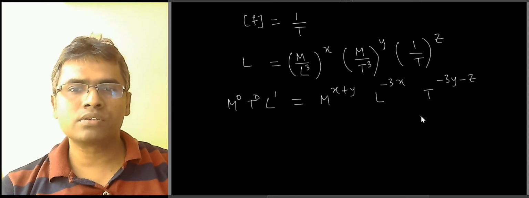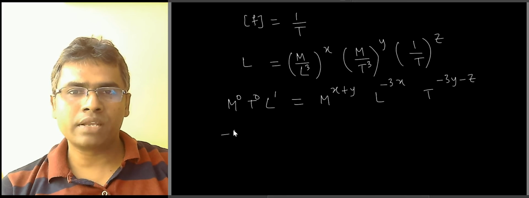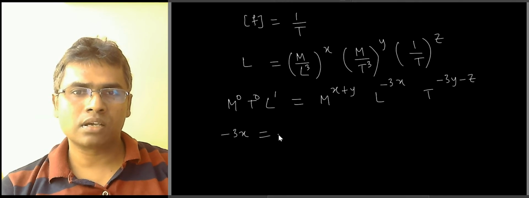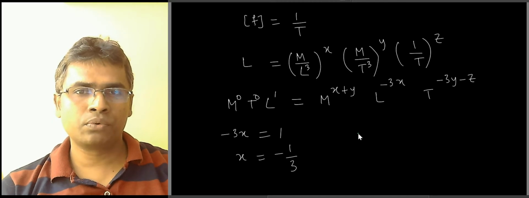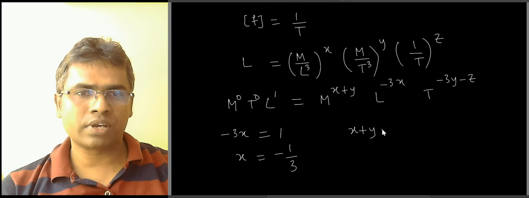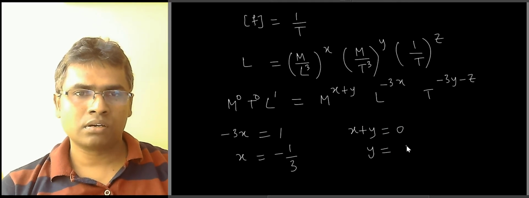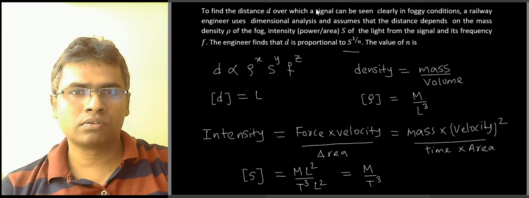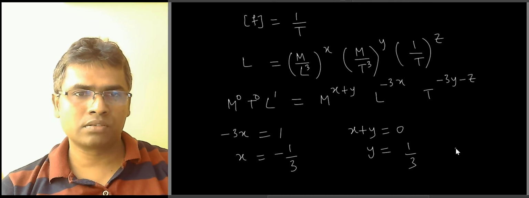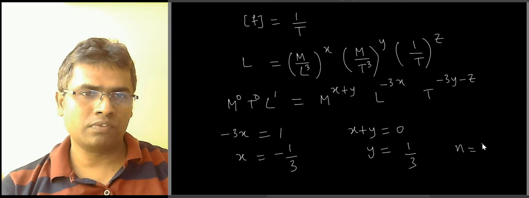Now, equating the dimensions of length, we get minus 3x as 1. So x is minus 1 over 3. And now, if you equate the dimensions of mass, x plus y is 0. So y is 1 over 3. And then, y is basically 1 over n. So the value of n will be